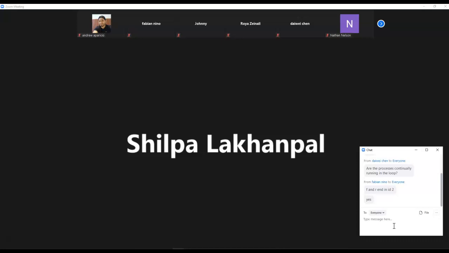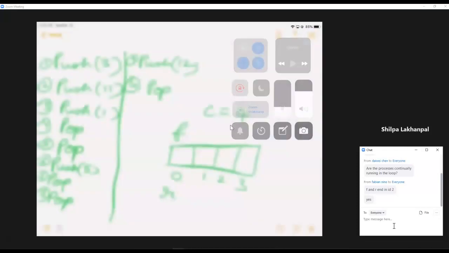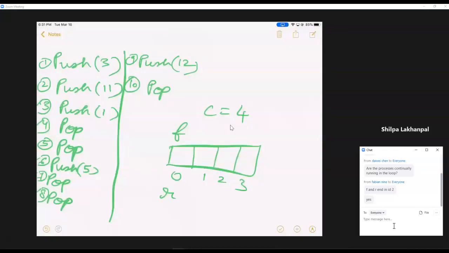Let's see here. So we have a push 3. A push 3 will put the item here and move R to the next location that is here, right?